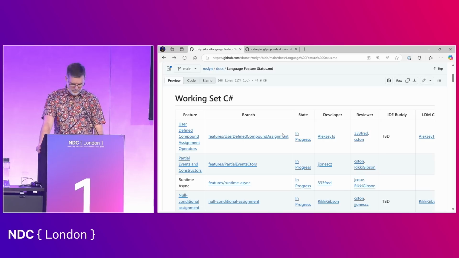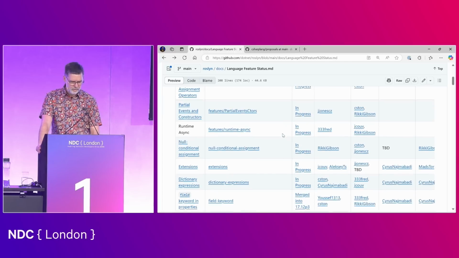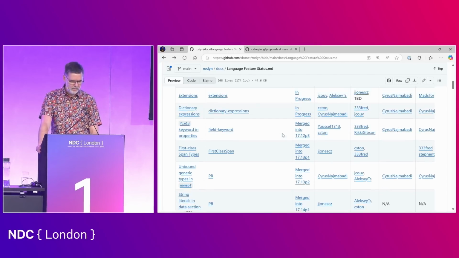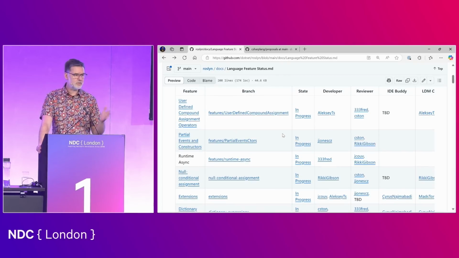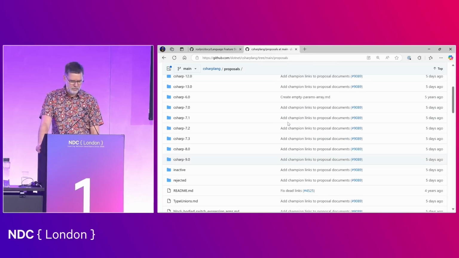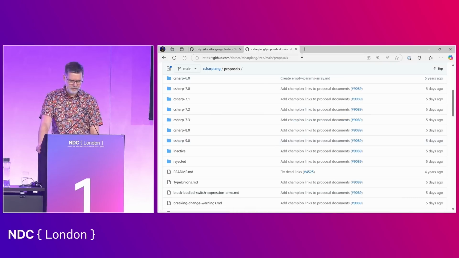So this heading here of working set C#, those are features that there are implementers working on. You can see that's a pretty long list. And we will say hello to pretty much all of this list today, some of them only with a single sentence. And then the broader picture you might get over on the C# Lang repo,